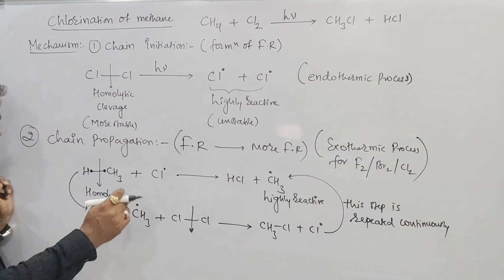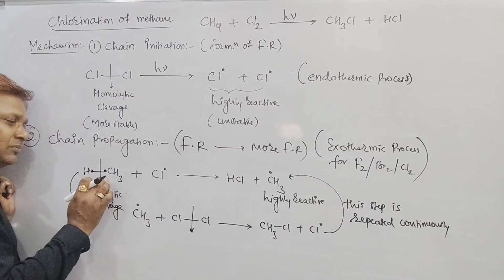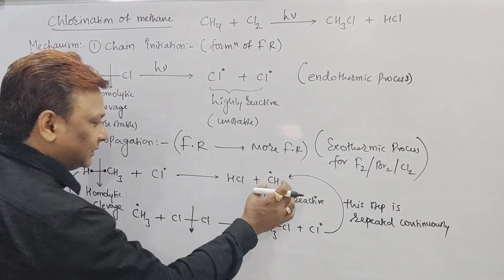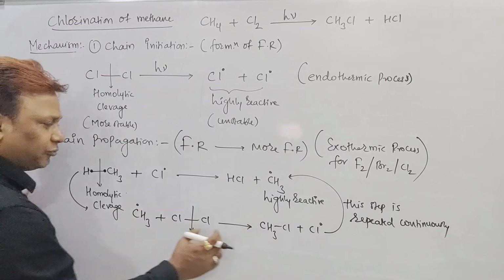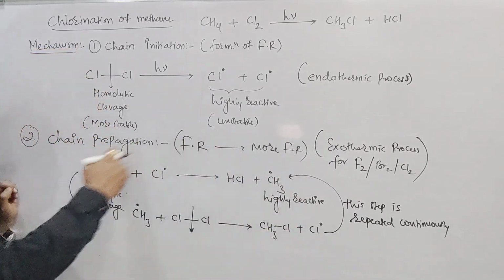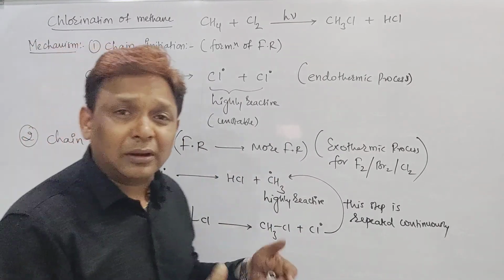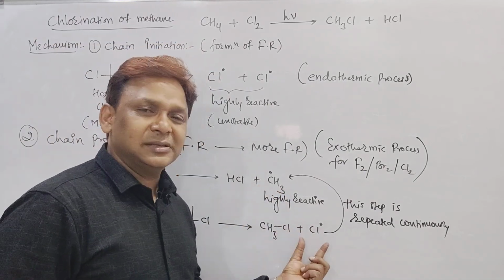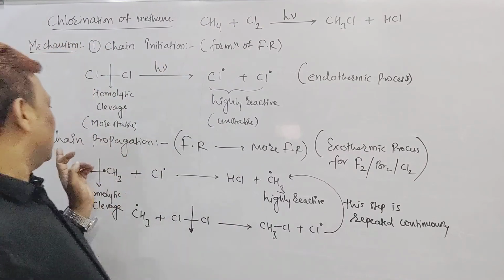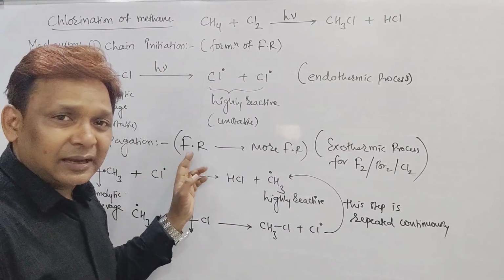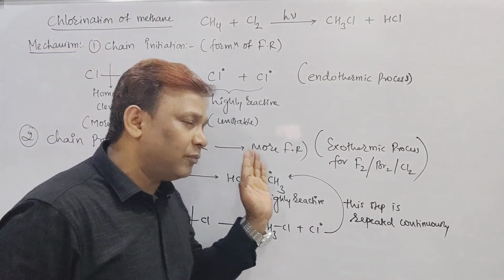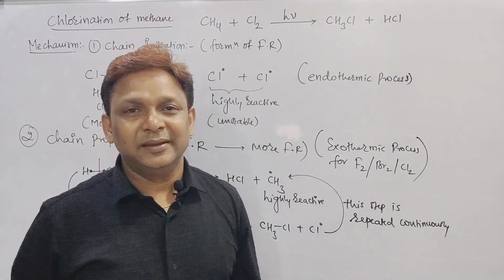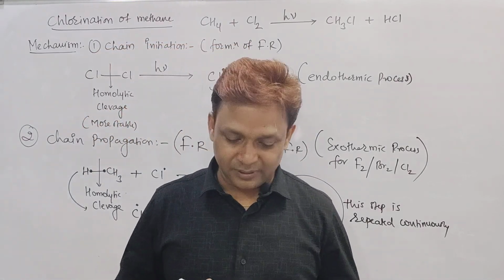Methyl radical again forms the Cl radical. It attacks methane, again forming HCl, and this radical will attack Cl2 to form more. So the process goes on repeatedly, and they form more and more free radicals: one is a CH3 radical, one is a Cl radical. So step 2, the propagation step, indicates that a free radical will become more free radicals. Is it clear, beta? Till now we did 2 steps.